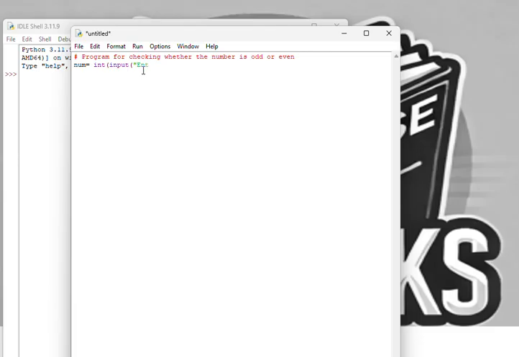So I want "enter any number" to be displayed on the screen before getting the value from me. Close the parenthesis. There are two parentheses, so we will be closing two parentheses. If you see, when we close the parenthesis, it even indicates which parenthesis you are closing.